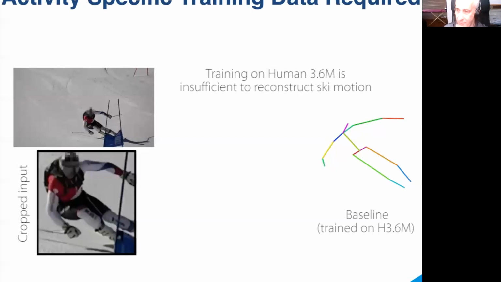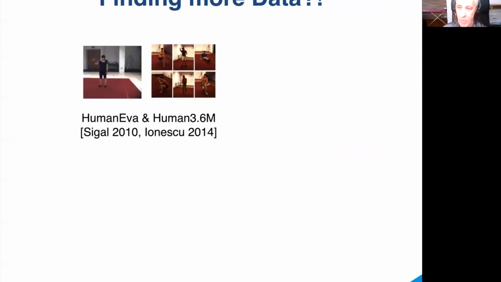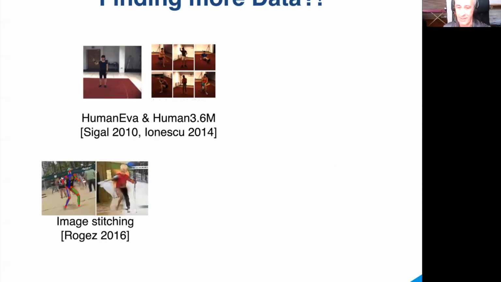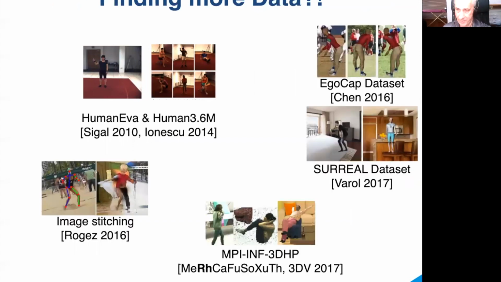Here, the center of gravity of the person is not necessarily above their feet, and as you could see, a state-of-the-art method trained on the 36 million images of human H36M dataset did poorly. One solution would be to use more training data, but where to find it? Existing datasets are not designed for this.